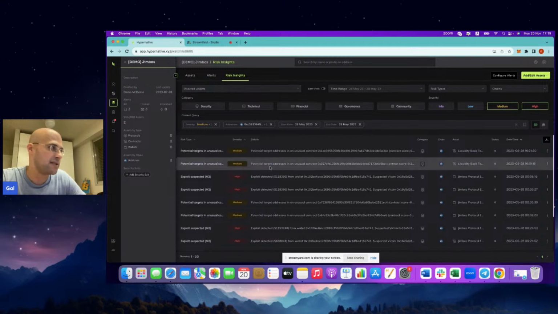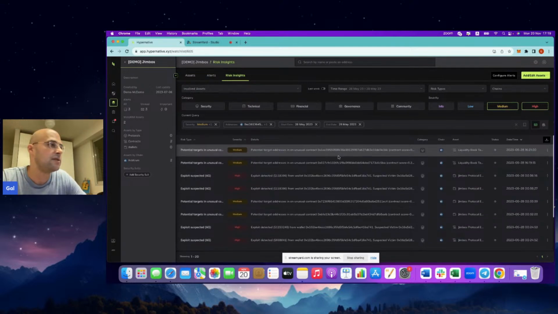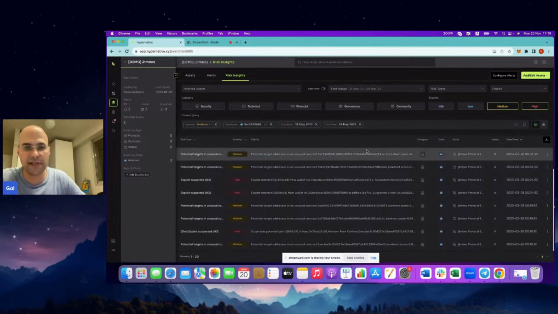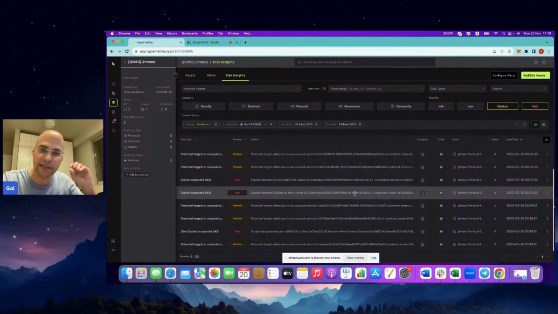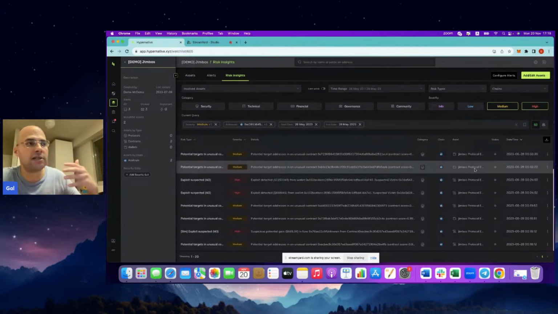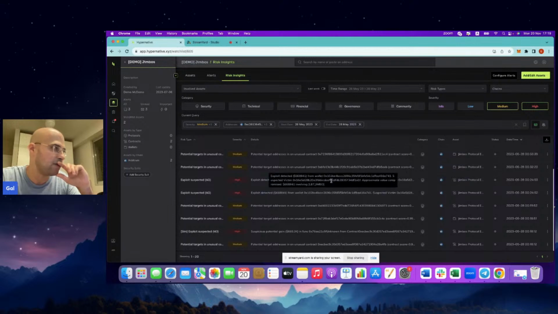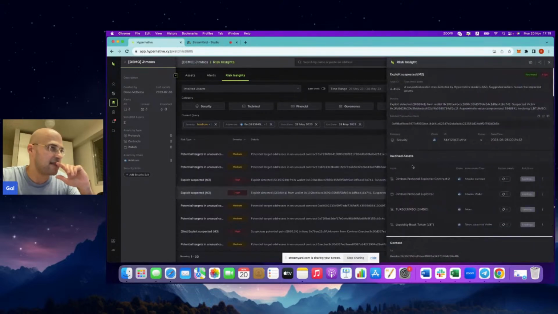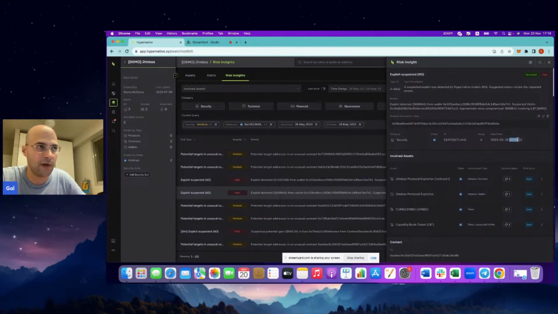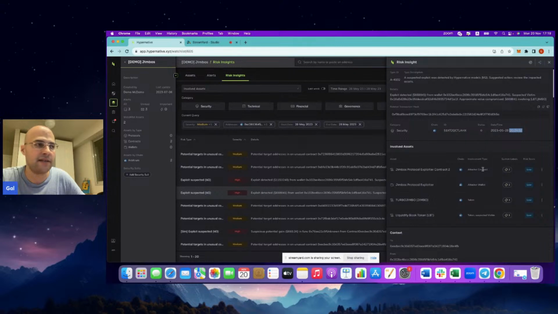So a lot of out-of-the-box detections, and I'll go over the case of Jimbos just to demonstrate some of the things that can be detected beforehand. So if you were the Jimbos protocol at that time, you would have gotten these alerts in real time that you see here, where if I take this exploit suspected alert that was triggered at 12:24 a.m. UTC, that's the actual hack transaction. And you can see here that Hypernative essentially identified